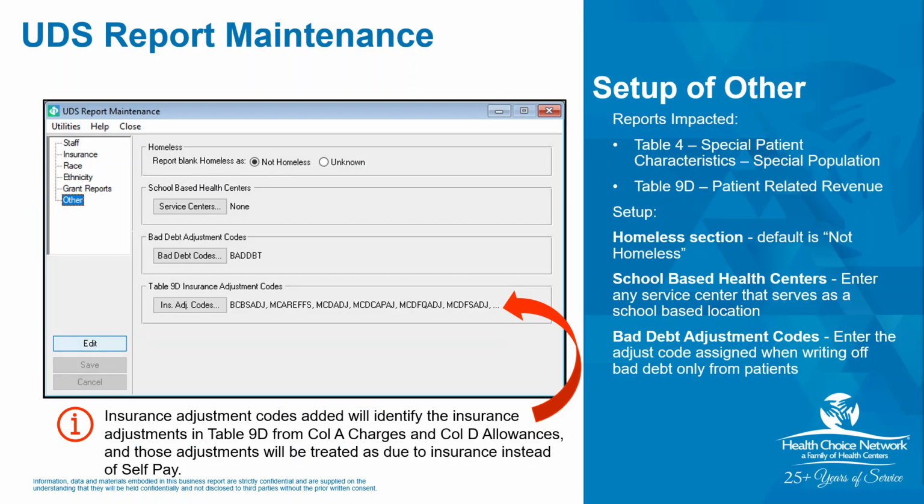From the UDS Report Maintenance Other page, you can edit a variety of elements. You can change how homeless are displayed when the homeless status field in patient information special population is blank. You can specify which service centers are considered school-based health centers on Table 4, line 24. The window also allows you to edit bad debt adjustment codes